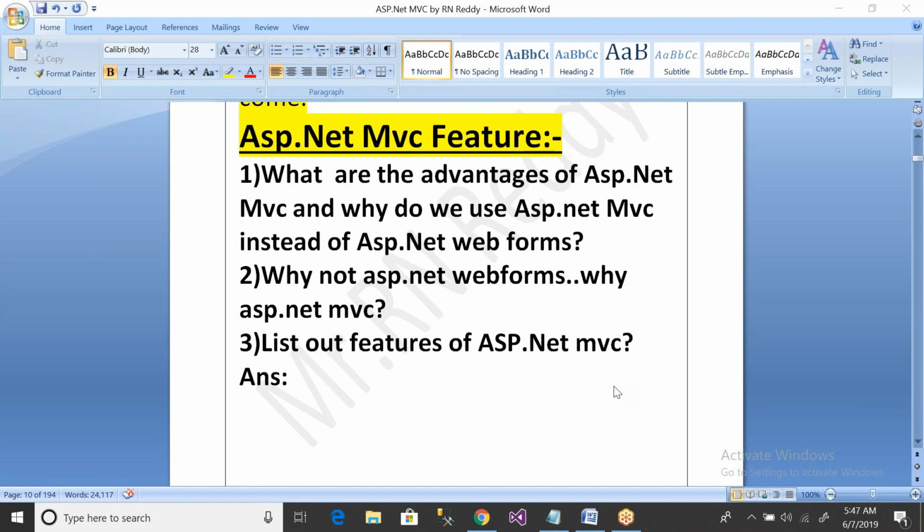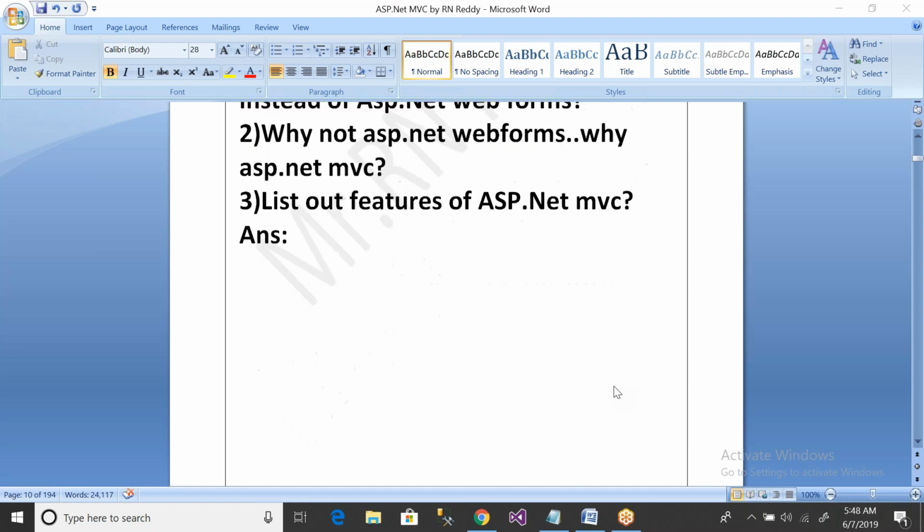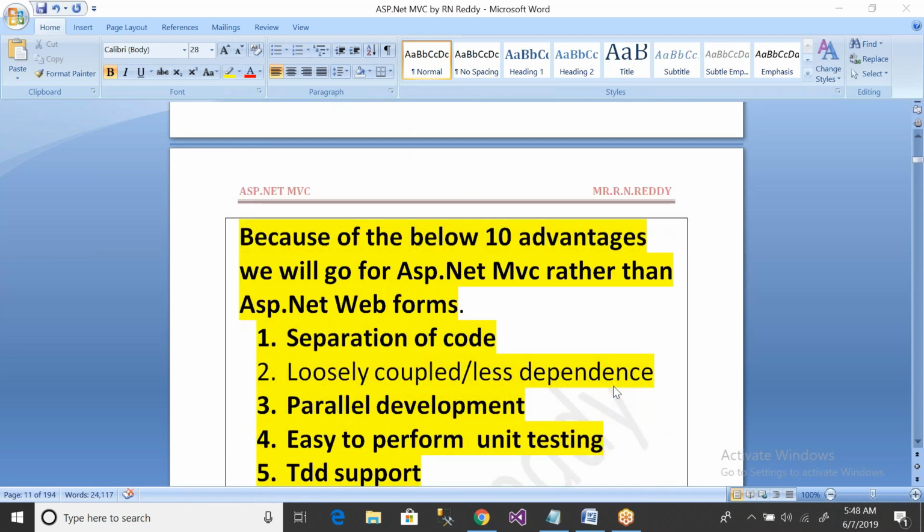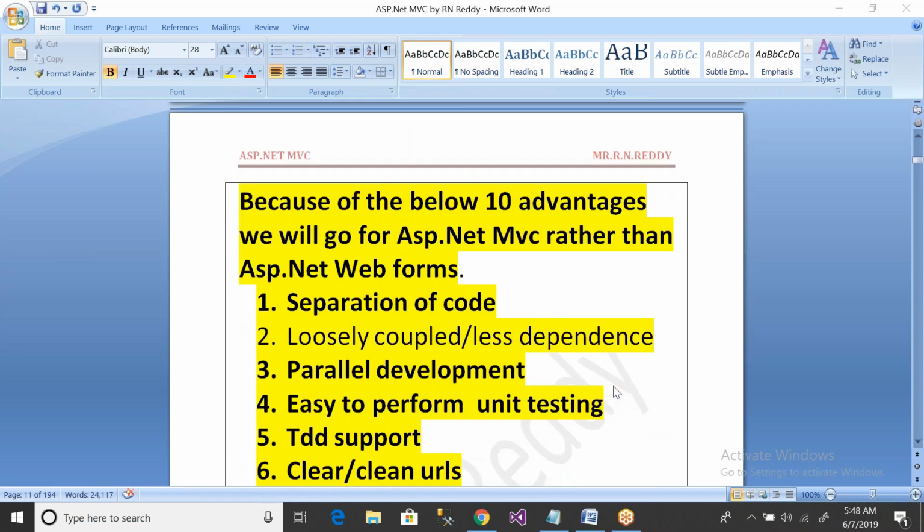Second one, loosely coupled. Third one, parallel development. Fourth one, easy to perform unit testing. Okay. TDD support. Next. Clear URL.